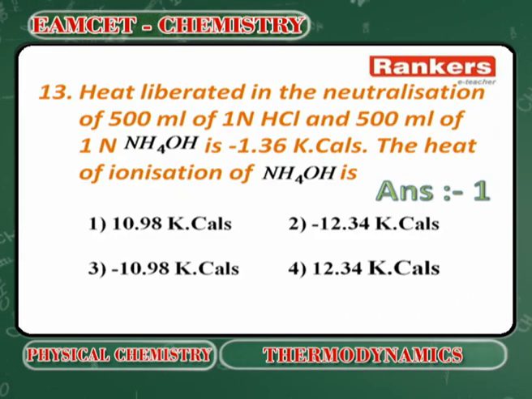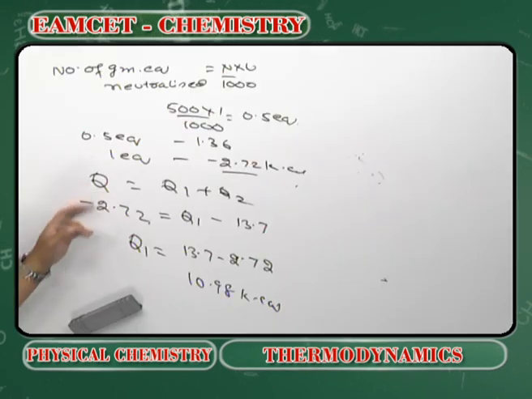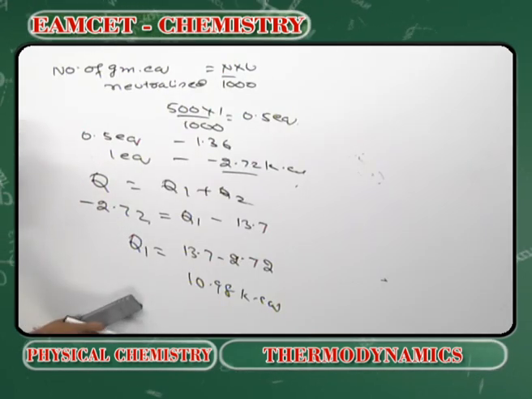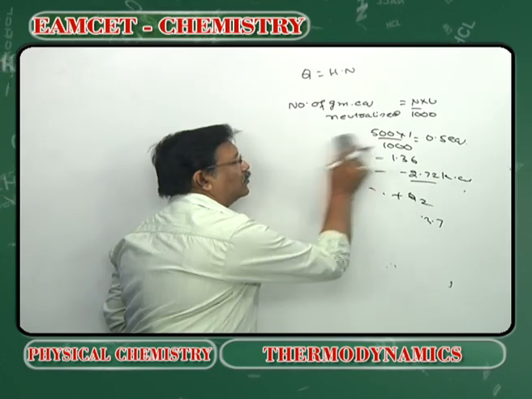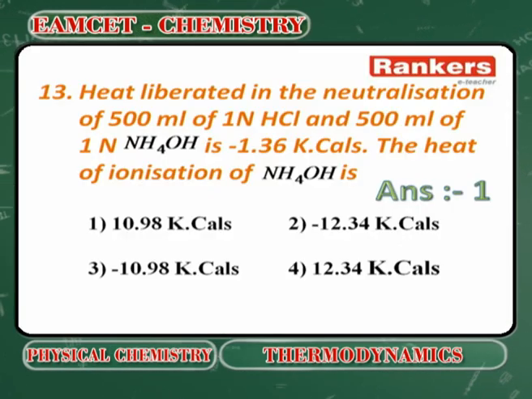Always heat of neutralization is equal to Q1 plus Q2. But what is Q? The amount of heat liberated during the neutralization. How many equivalents? 1 equivalent in the process. Next,